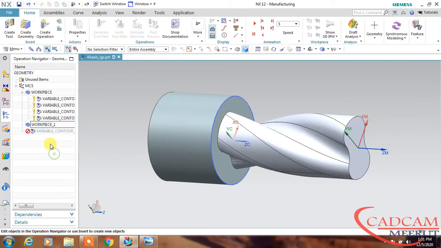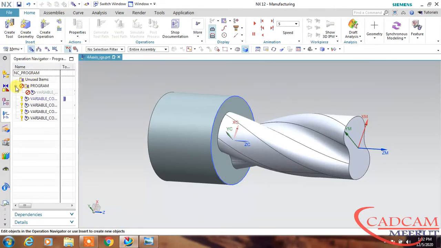I will edit this, and here program order view. Here we have this program, and by default it is coming under the ANSI program. So this time I'm creating my program under this program folder.